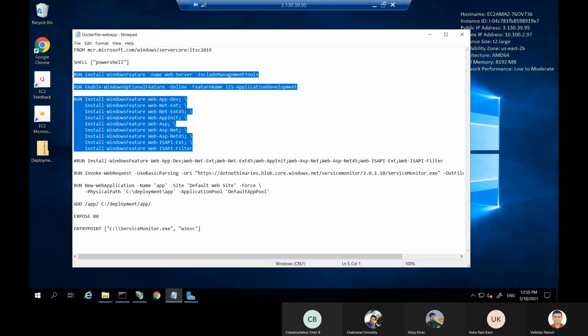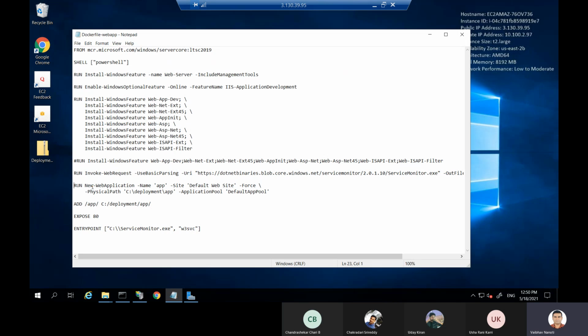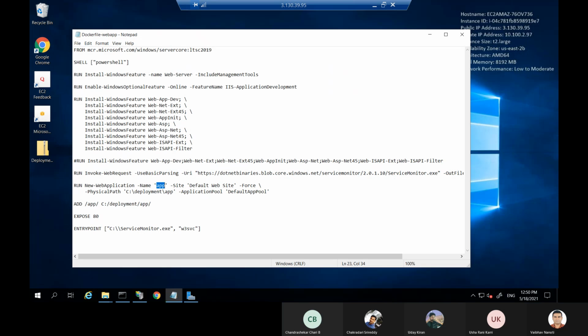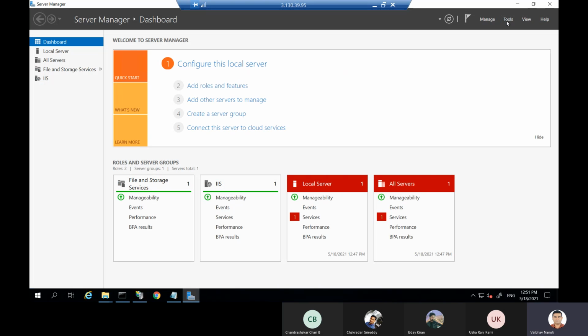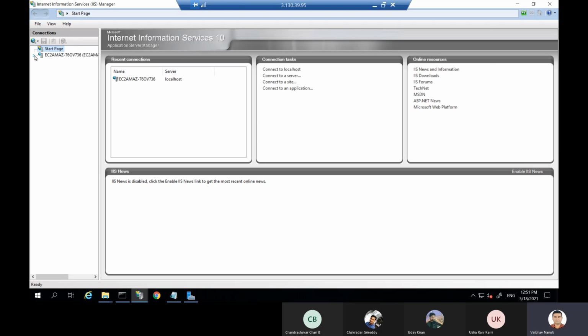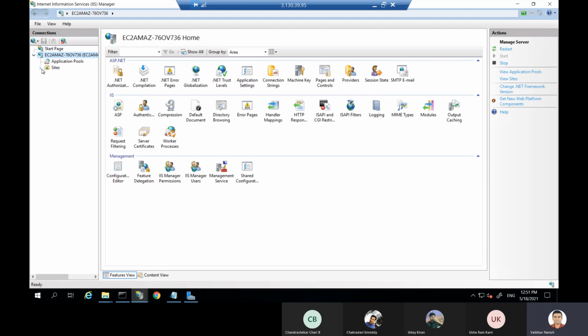After that, there is a run command in which I create a pool called app, which I show you here. This is the app pool which I have created.